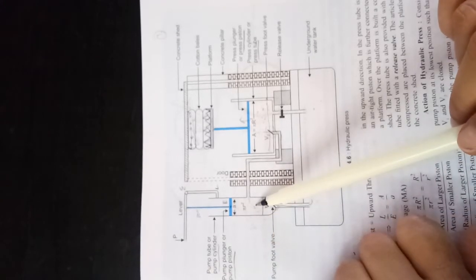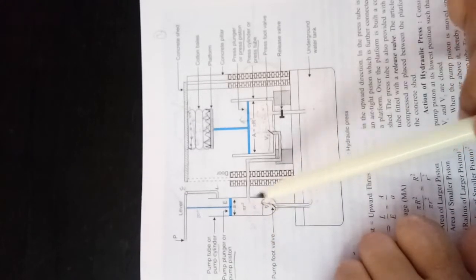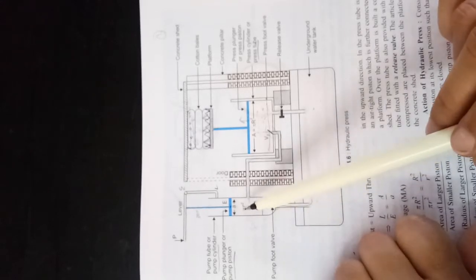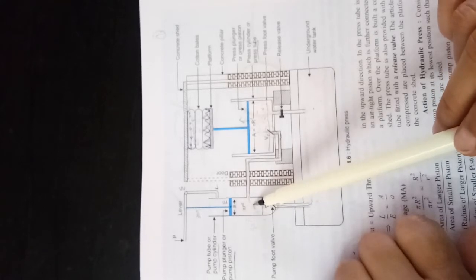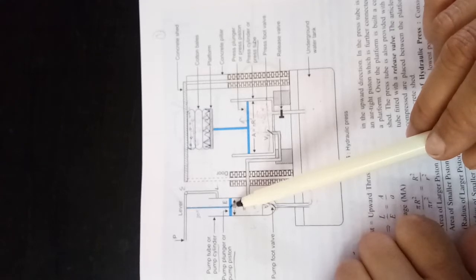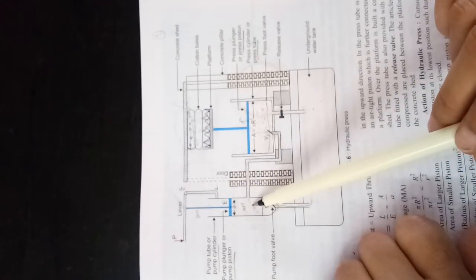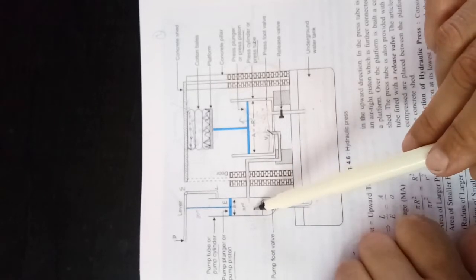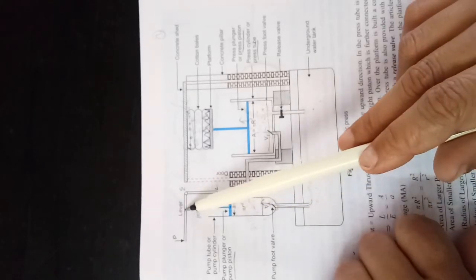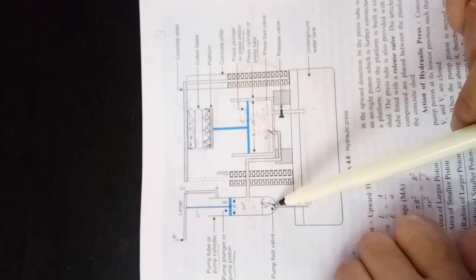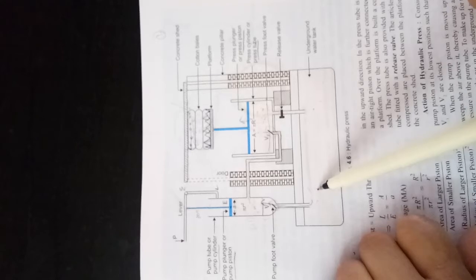With the decrease in the pressure inside the tube, the valve B1 opens up and the water from the water tank enters into the pump tube. It means in the first step we have to push this pump piston in the upward direction, then the pressure inside the tube decreases and the water from the water tank enters into the pump tube. Now the pump tube has water. Now when we press this lever, that is, press this pump tube in the downward direction, the valve B1 is closed. The water cannot move back into the water tank.